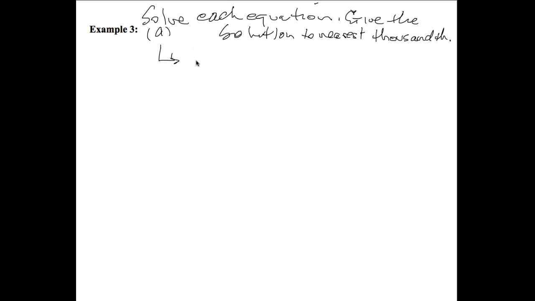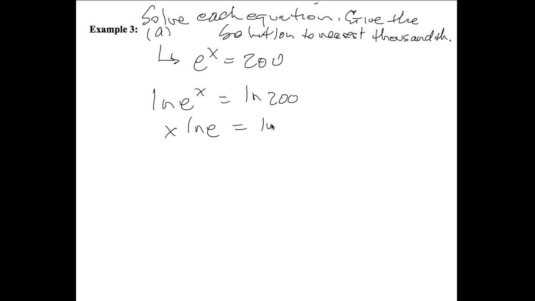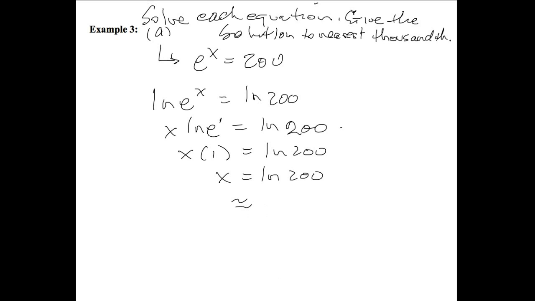So we're going to have e to the x equals 200. Now we've got an e, so clearly to undo an e, we would take an ln of both sides. Now this tells me that x ln of e is equal to the ln of 200. However, ln of e, these undo each other, so this is like a power of 1, so x by 1 here would be the ln of 200, which of course x is equal to the ln of 200, which when we apply a calculator to this,